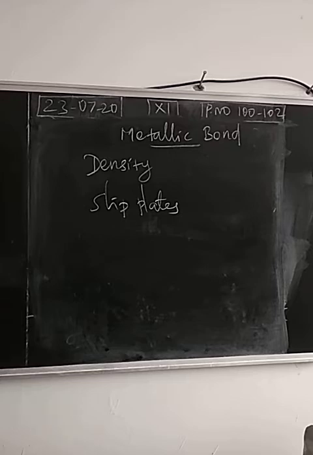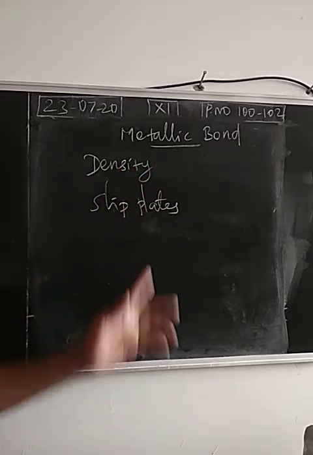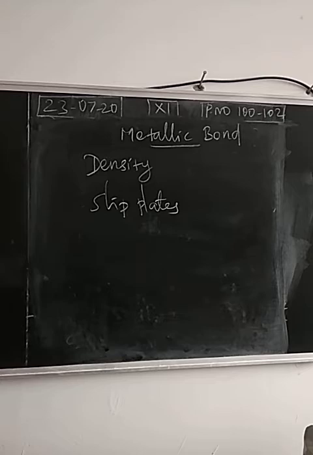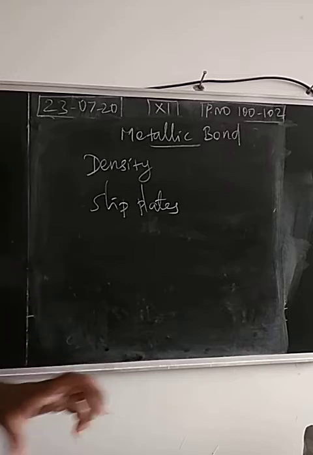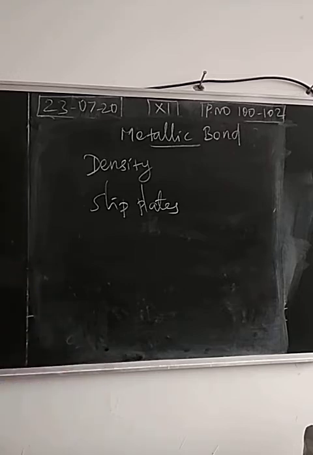Next, metals are malleable and ductile. Why? The arrangement of positive ions and electrons will be in the form of slip plates. When you apply mechanical loading or stress, movement will take place. This is responsible for the ductility as well as malleability of metal. Next, they are lustrous in nature. Metals are lustrous because the free electrons reflect the light. When sunlight strikes the surface of a metal, the free electrons reflect the sunlight, so they are lustrous in nature.